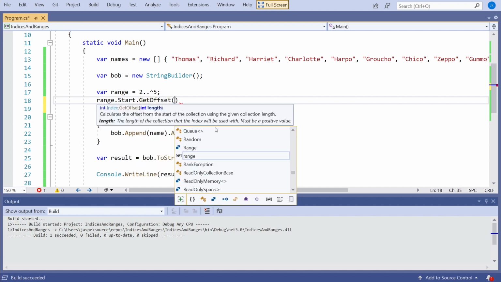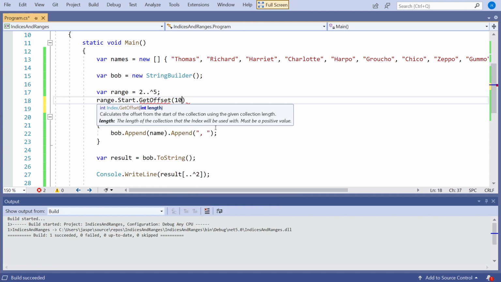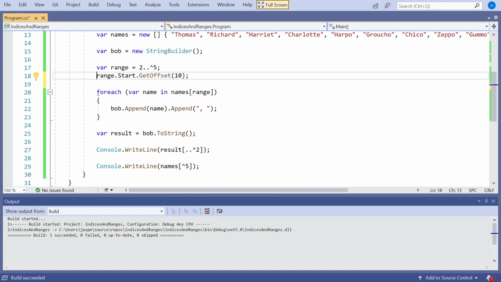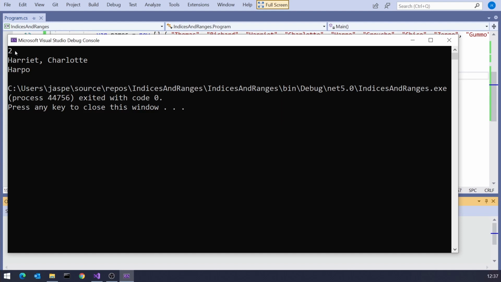Basically, if I do GetOffset, I can pass in a length and it will give me back the offset that it needs to get at that length. So if I put a length of 10 in, say, and then do a console write of that, well, actually, because we're looking at the Start, it's going to completely ignore that 10, because 2 is simply the offset from the start, it doesn't matter about the length.